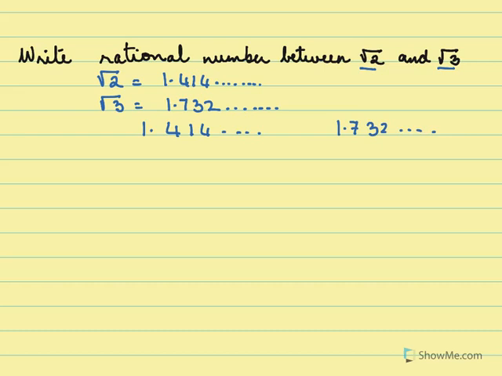The numbers between these would be like 1.5 or 1.6. These are all rational numbers. So for the question, find a number between root 2 and root 3, I have so many numbers. I have 1.5, 1.6,